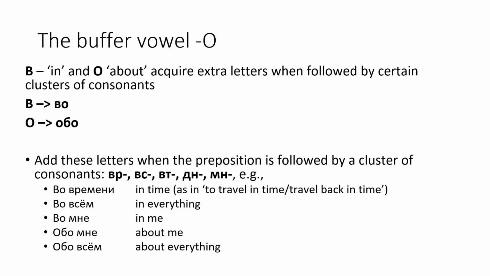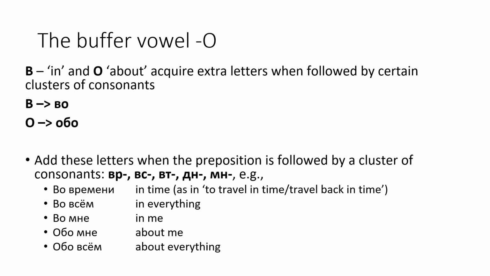Обо мне, about me. Вы говорите обо мне. Are you talking about me? Обо мне. Finally, обо всем. About everything. Обо всем. So honestly, I have no idea why it's not о мне and о всем, because those